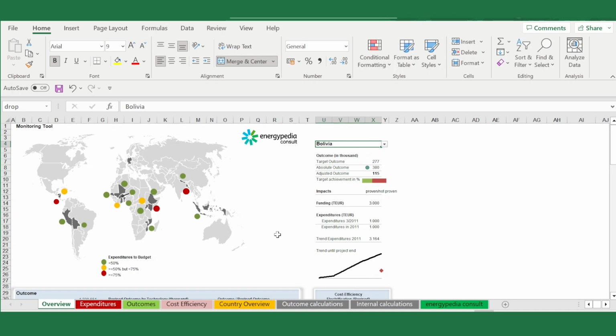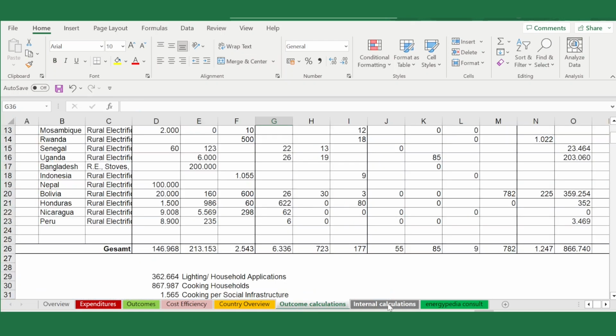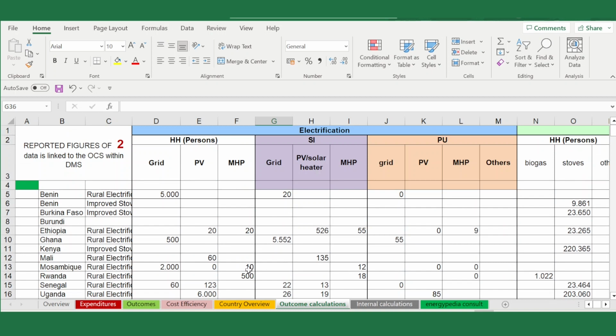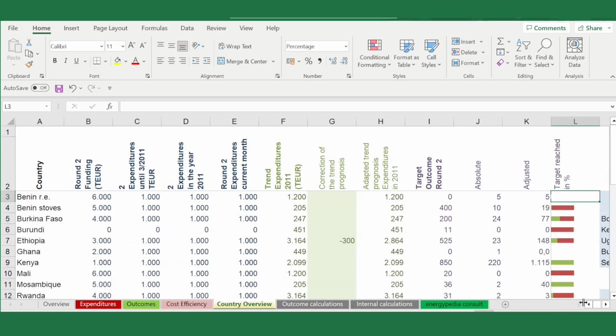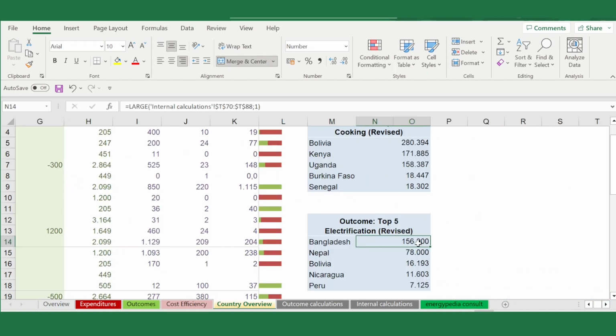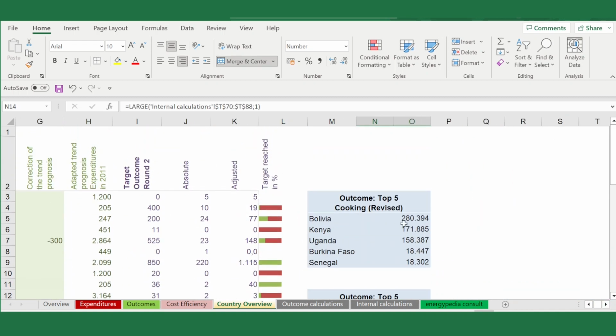Now, you don't have to fully understand how all of this works. I just wanted to show you this as something to have. You're also allowed to download it, so you can have this for inspiration. These gray sheets aren't necessarily going to be of interest to you. These are just background calculations. Then we have country overviews with bar charts here on the side that also visually display the percentage of target achievement. We have some top 5 tables which show the most successful measures on the basis of one particular indicator,